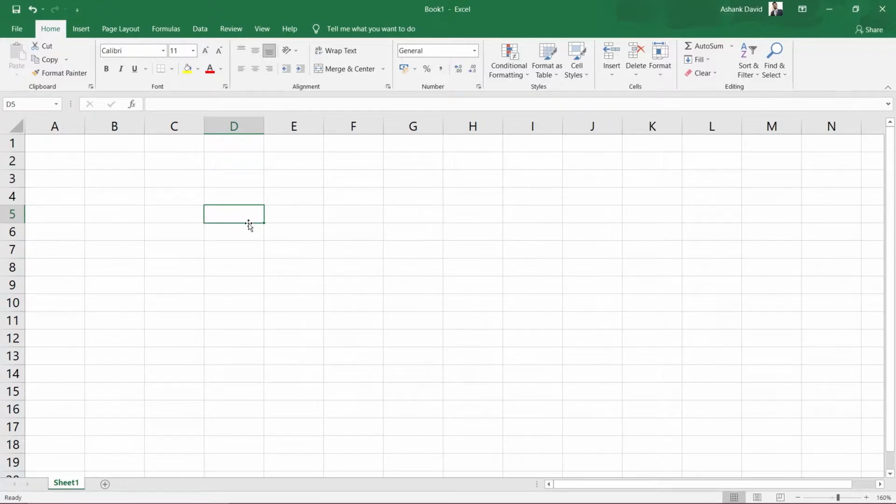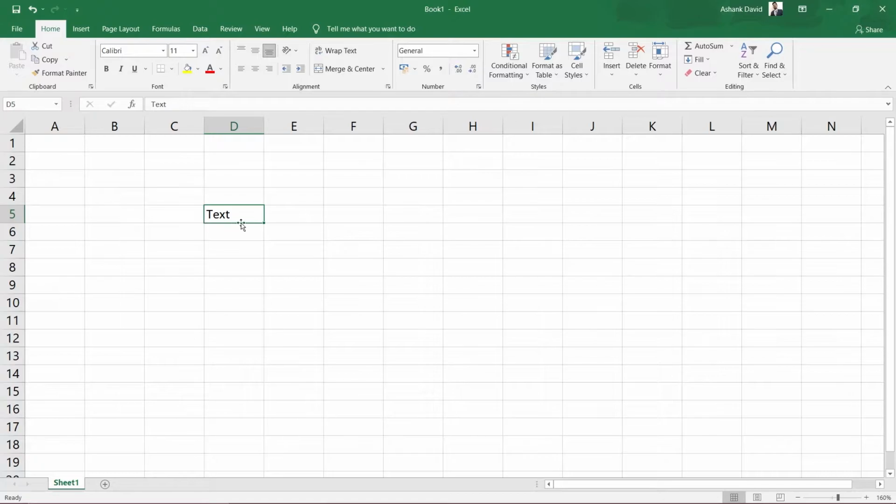So here I have selected one cell, and if I type my first kind of data, which is text data or character data, let's say I am just going to write any text here. If I press enter now, you will be able to see that this text data is aligned to the left hand side inside this particular cell. So whenever any type of data is aligned to the left hand side of the cell when we enter it, that means this kind of data is text or character data.